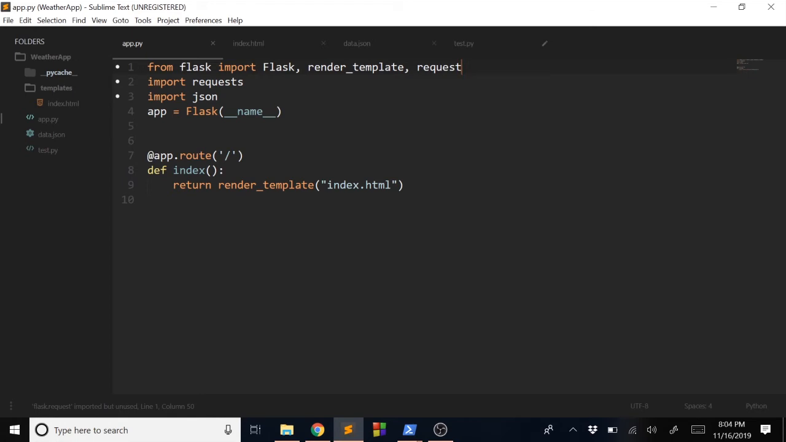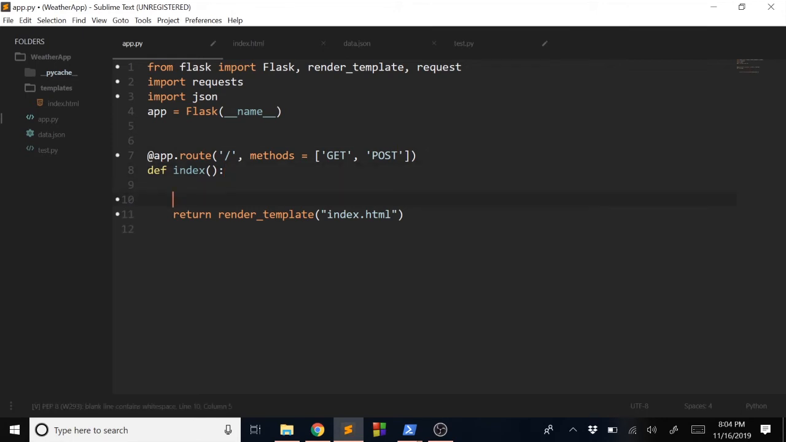Down here in our app.route, we also need to allow a method for post. So right now, by default, it's only allowing get methods, but we want to allow both get and post methods. So we'll put a comma here, type methods equals square brackets get comma post. Now we have everything set up. Let's go ahead and look for a post request. So down here in our view, in our index function,